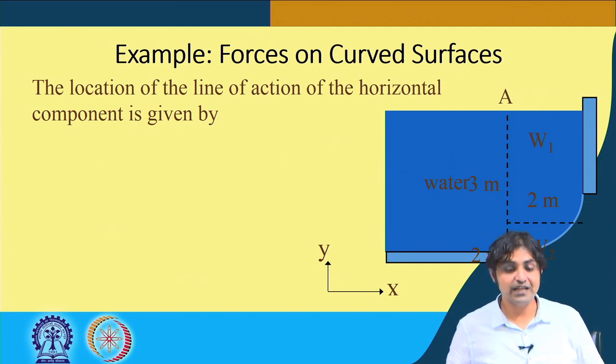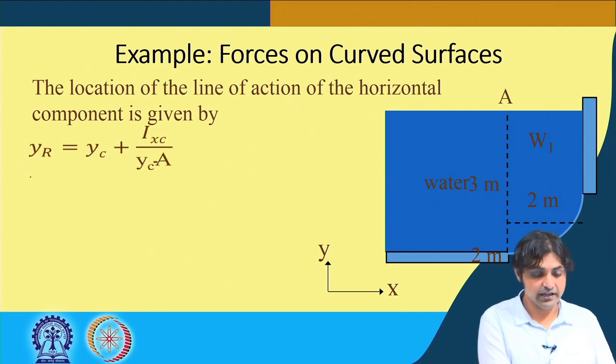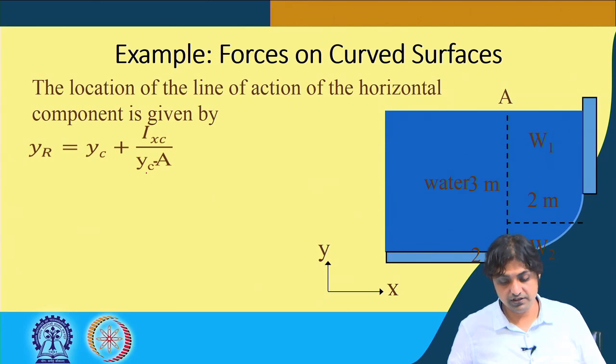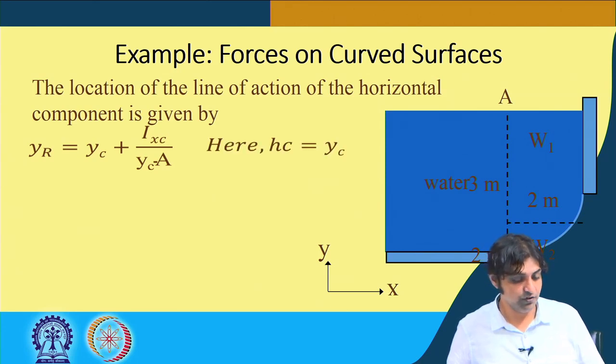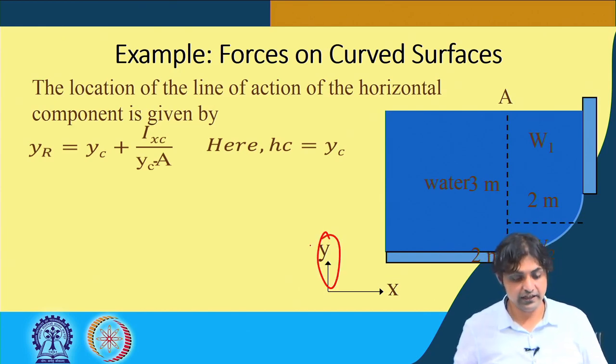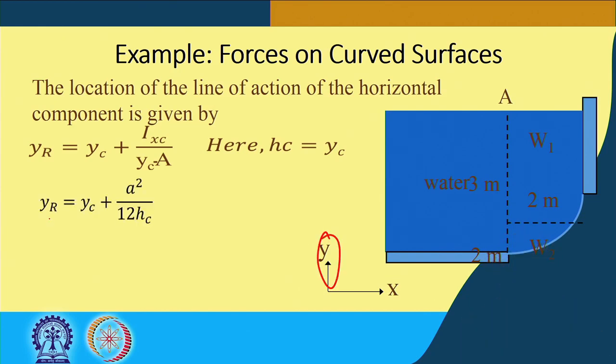The location of the line of action of the horizontal component is given by YR is equal to YC plus IXC by YC into A. This is what we have seen before. Here HC is equal to YC. The depth of the centroid is also the Y, because we have assumed an axis in the vertical direction. So YR is going to be YC plus IXC by A